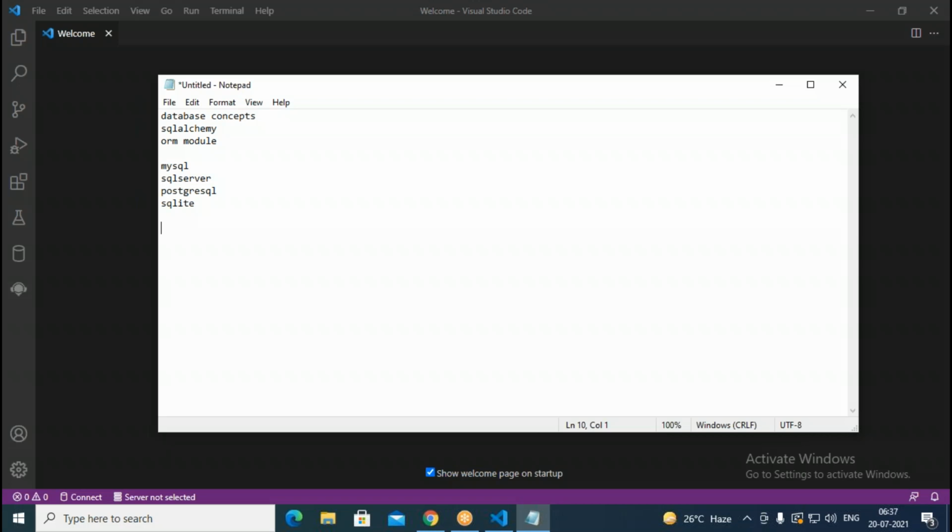Which SQL do you have? You have SQL Server, but installing MySQL would be better. You can connect even with SQL Server also, but if you have MySQL, that would be good.